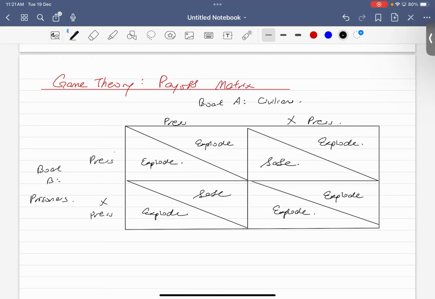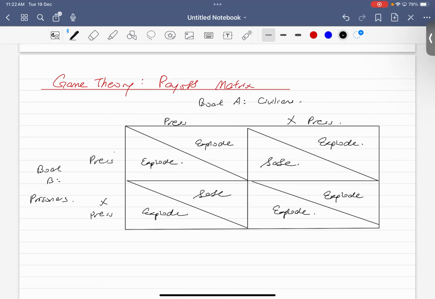So therefore, what's your best strategy then? To press or not to press? To press, right? Which is true in the movie, in the scenes. Civilians say that they should press because they feel that prisoners should not be given a second chance. So they want to press the remote control. But you know what's interesting in this movie? The prisoners throw away the remote control. They feel that they don't have any right to go and kill people. Dramatic scenes, okay? But at the end, both also didn't press because they are waiting for Batman to come and rescue.